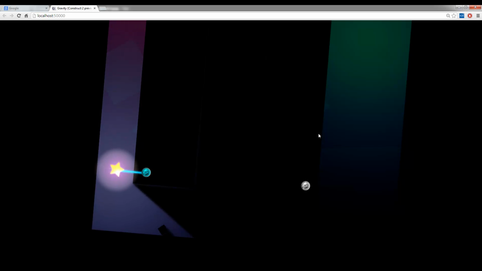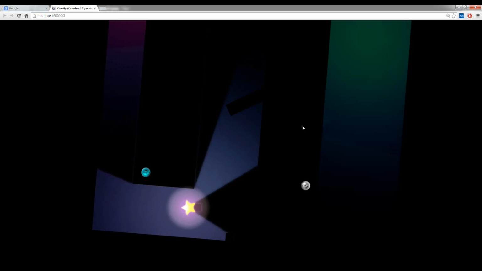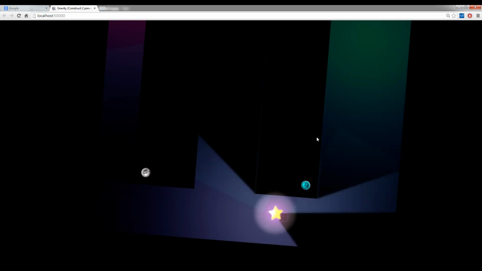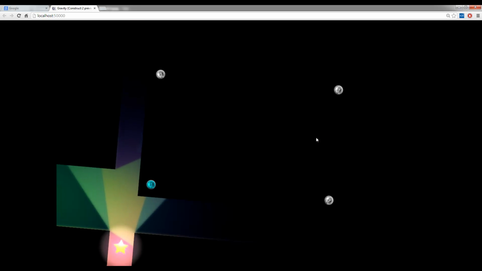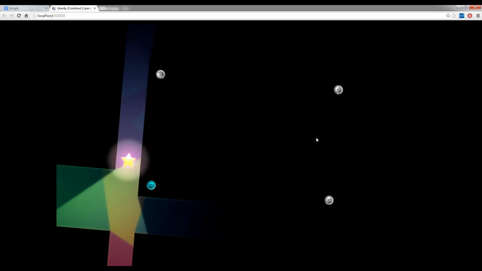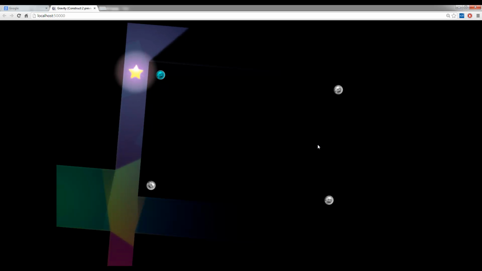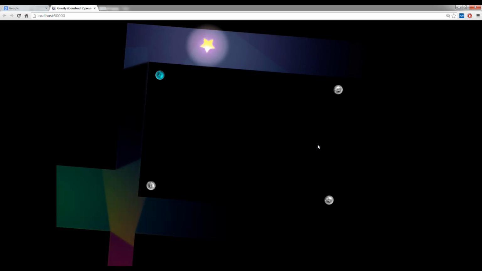So I've got this nice light mechanic, so you can't always see the level that's ahead of you. So I'm thinking, yeah, that's a really good idea. Oh, is that going to work? Yeah, I'm alright. So, anyway, what I'm experiencing is, well, as I said, it's primarily built for a mobile device,